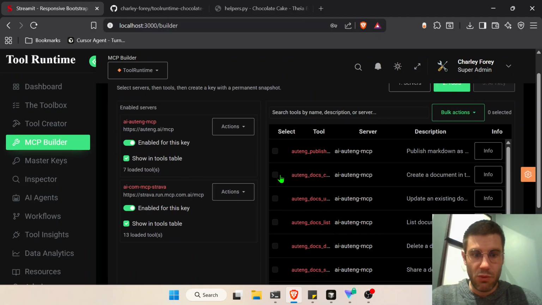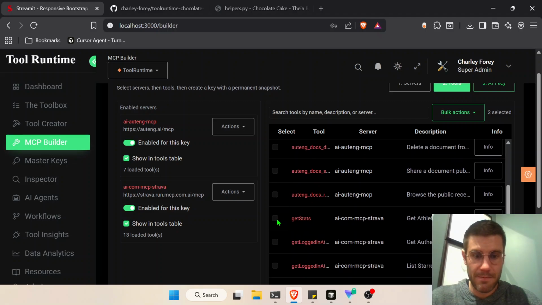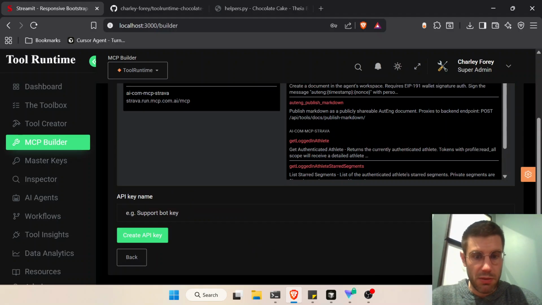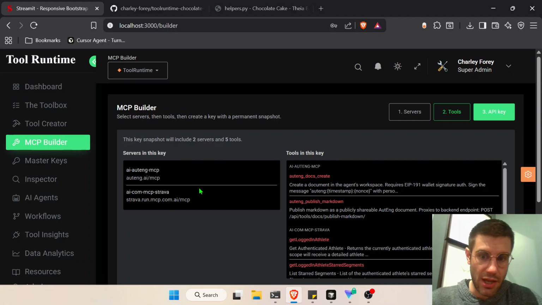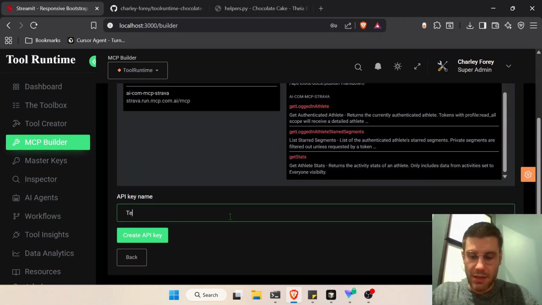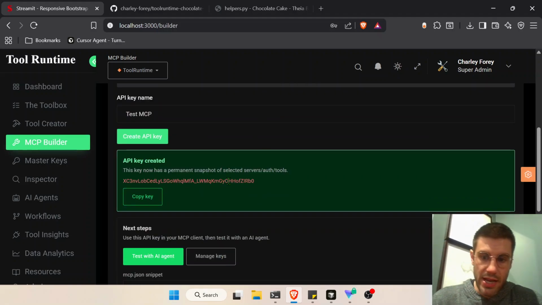What this does is show all the tools that are available for this MCP, and we'll select the ones that we want to leverage, and then we'll press next. And so this then says, hey, we're utilizing these two MCP servers with the authentication that was provisioned, and we want to specifically give the agent the ability to leverage these specific tools. And so then we can name this, just name this test MCP, and we'll create